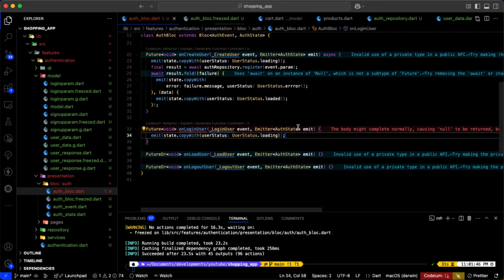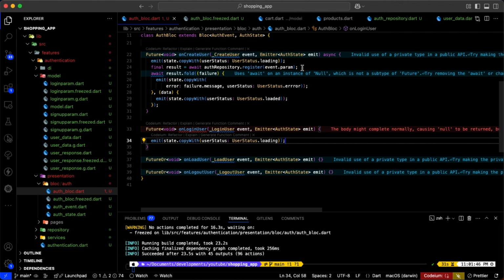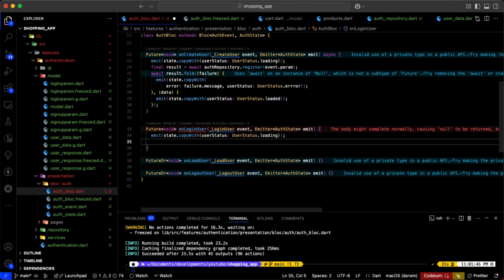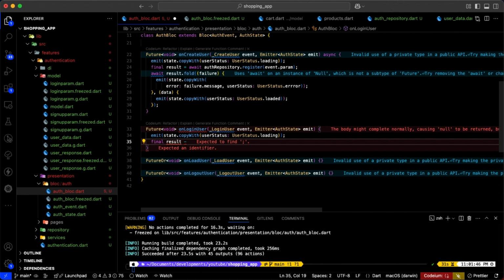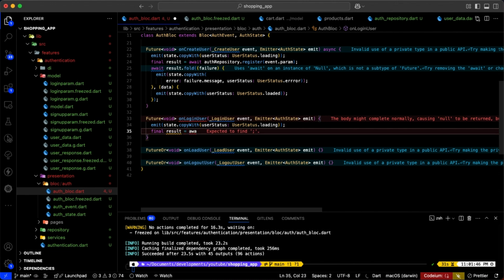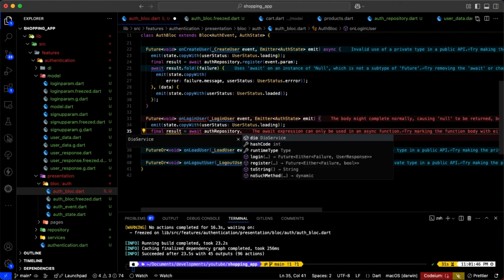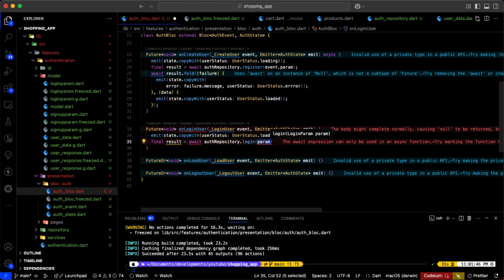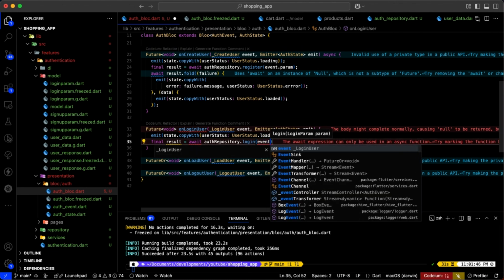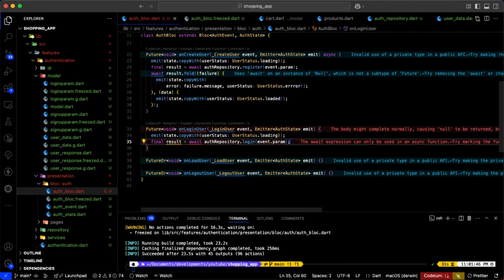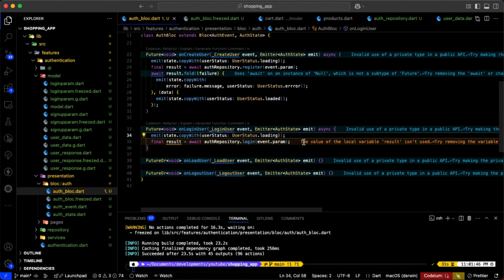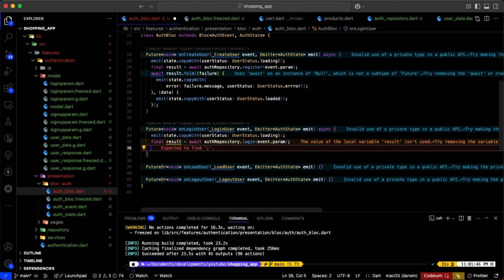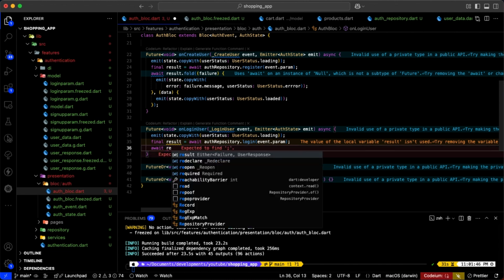And then after that we have final result is equal to await auth repository dot login, and it expects some params, so you are giving it from event.param. Okay, so await result dot fold,